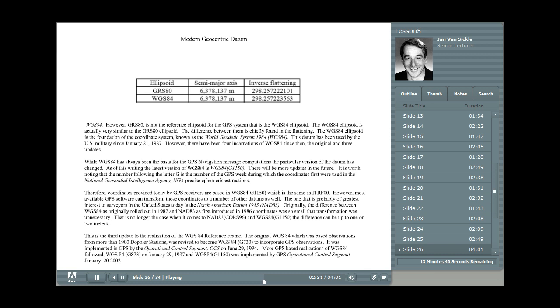However, most available GPS software can transform those coordinates to any number of other datums. So in other words, while the navigation message and the coordinates from the GPS receiver in Earth-centered, Earth-fixed XYZ are in WGS 84 G1150, these can be transformed into, for example, North American Datum 1983 or NAD83 coordinates, which of